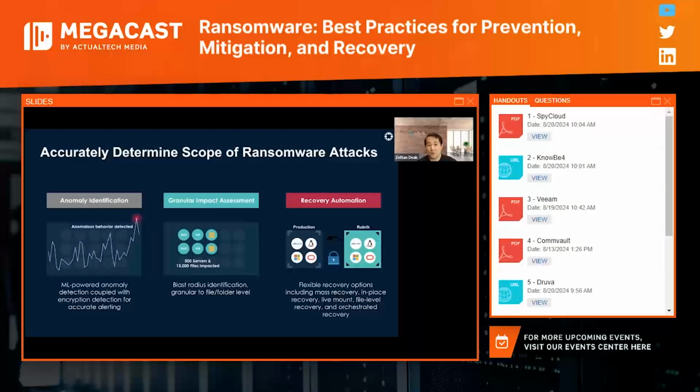So Rubrik uses a dual machine learning model where it looks for a change rate. If it sees any difference in that change rate, it'll work out what changed. We're also looking at VM level attacks. So this is covering the modern encryption attack I mentioned earlier and the legacy in-guest encryption model. And of course, this can be plugged into your existing automation frameworks such as ServiceNow and SIM tools like Splunk